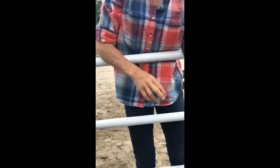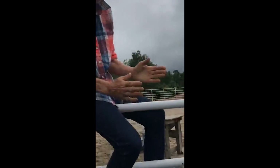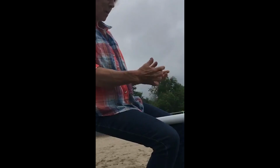Okay, this gets really into the mind. Could you? I'll hold it for you. Thanks. Okay, so this gets into the mind. Here's how it is. Because the shoulder blades are here, and when I'm riding, and I have my hands right here, and I have my reins going down those shoulder grooves,